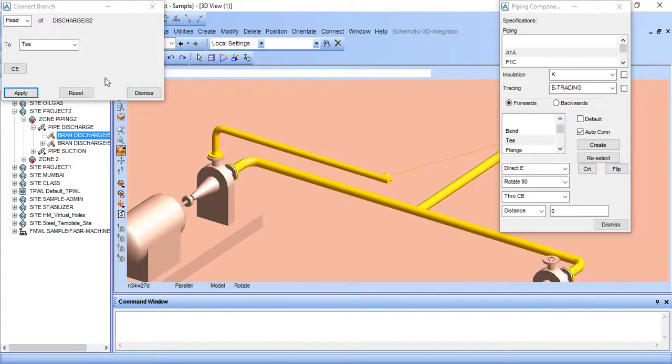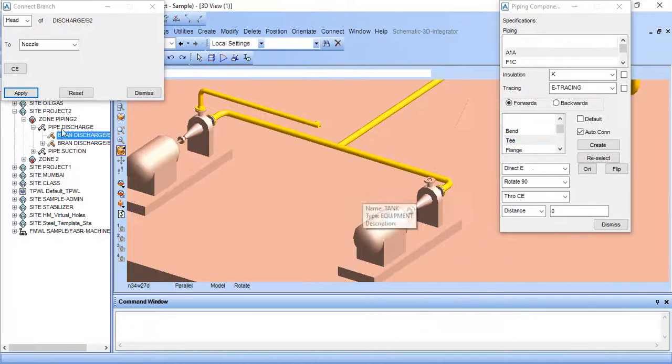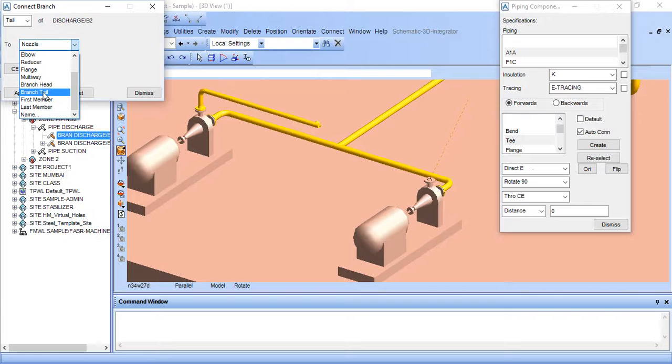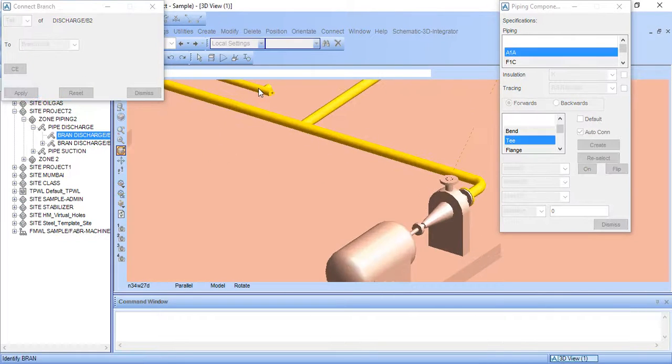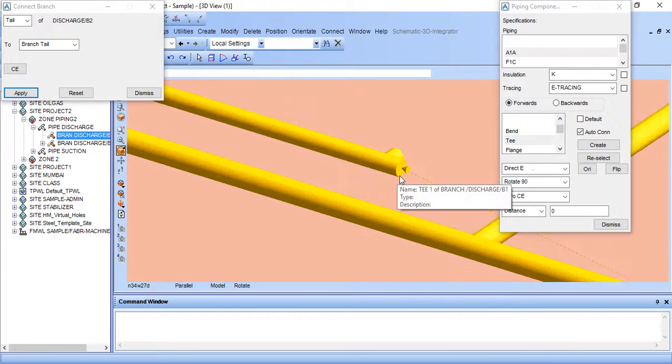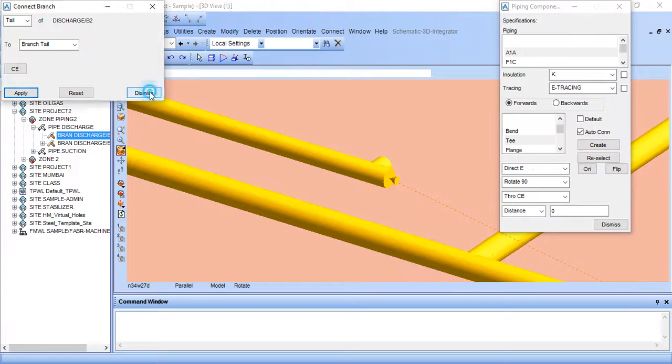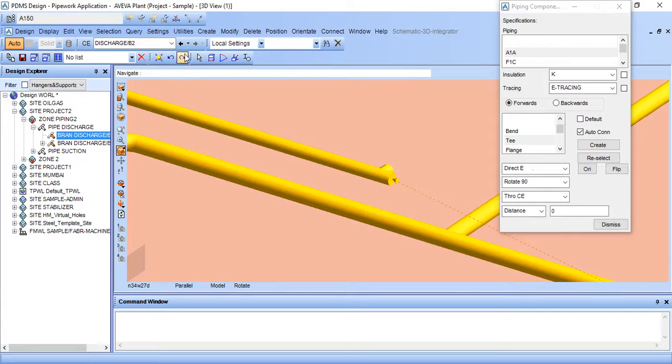We want the connection here, so just reset it, apply head and give tail to branch tail. This is a branch tail, this is the head point, it is the tail point, so it is a branch tail, and click apply. Go to this point and it will be shown like this, that means it is correct. Dismiss. So our branch is created here.